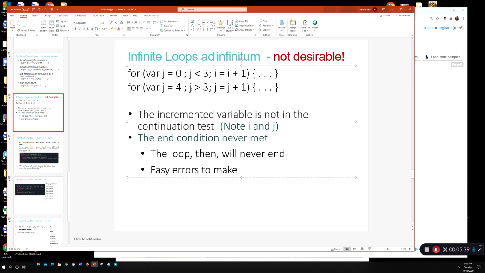Okay, so there's a lot of things that you can do to create an infinite loop. Once it goes into an infinite loop, you're kind of messed up, so watch out for that. This is again a logic error, right? Syntactically, you can do this. You can put in a different variable. It doesn't have to be all j's in here. You can put any statement you want in these things, but you do that at your own risk. You could end up in a situation where you have an infinite loop. Okay,